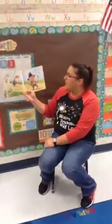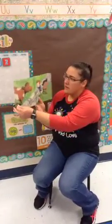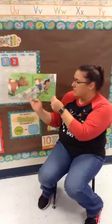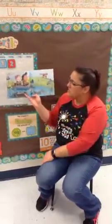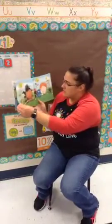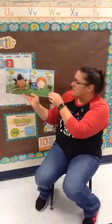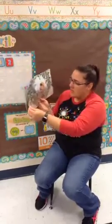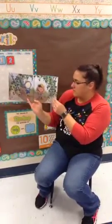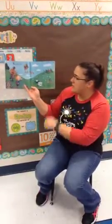A is for ants, B is for bee, C is for cow, D is for dragonfly, E is for eggs, F is for fox, G is for grasshopper, H is for hedgehog, I is for ivy, J is for jacket, K is for kite, L is for lamb,